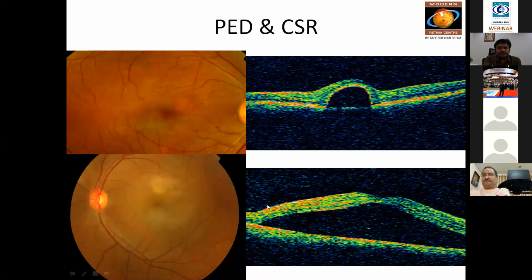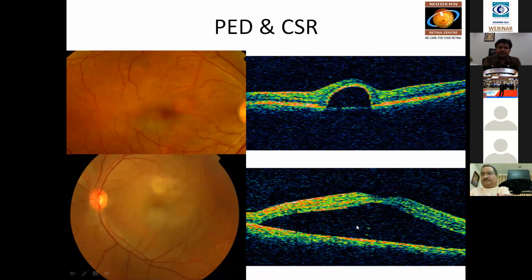Moving to the next subset of disease, central serous chorioretinopathy. We know that CSR is nothing but fluid which accumulates between the retina and the RPE. So the bottom picture clearly shows the CSR. There is fluid accumulation below the retina, but above the RPE. You can see here the bright red line which we see is the RPE. So there is fluid in the subneurosensory area.